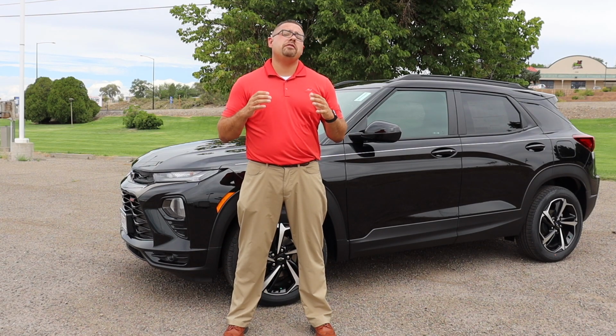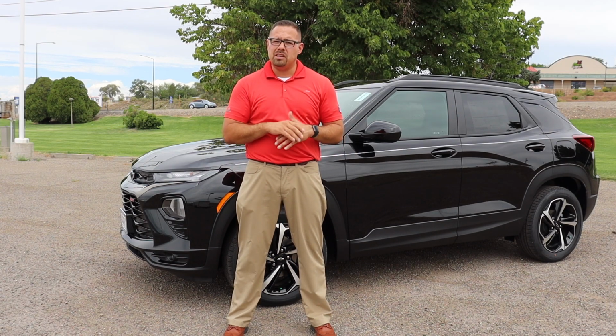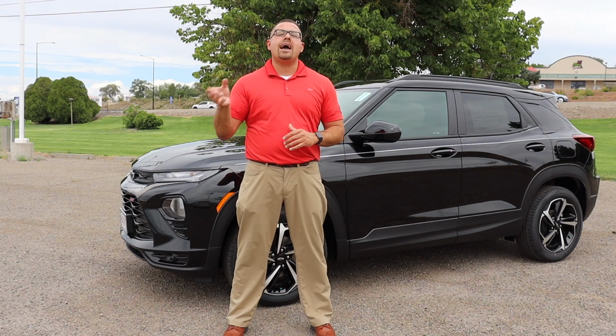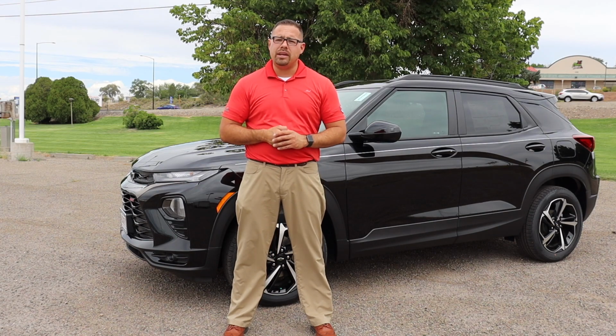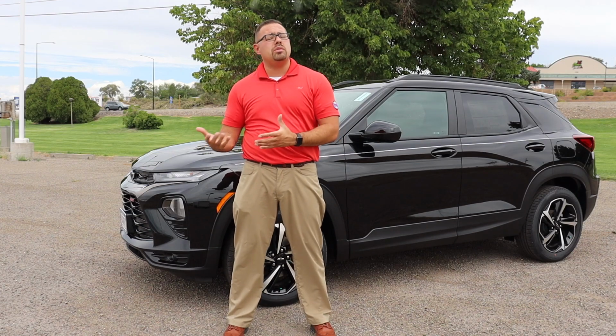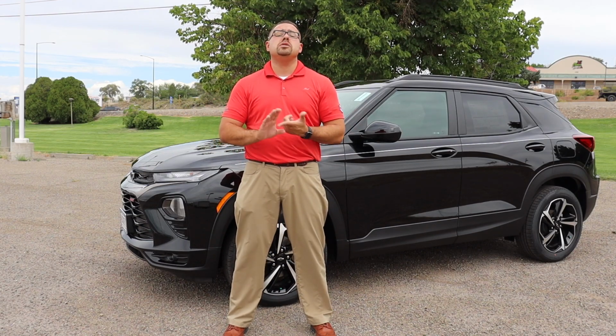and one of my favorite things for safety, and many people don't consider it as a safety component, but Apple CarPlay. You need to keep your phone out of your hands and on your console to keep you safe while you're driving and focused on the road. Apple CarPlay allows you to do all the things that you normally would do on your phone that should be appropriate to do while you're driving, such as communication,